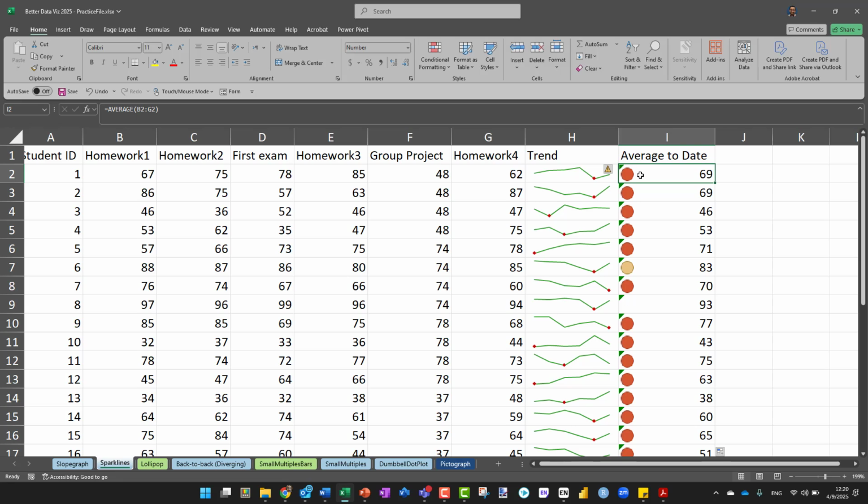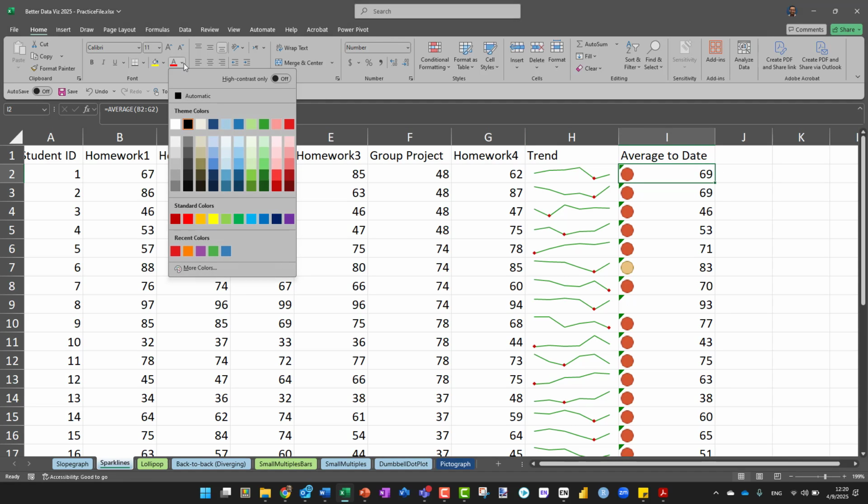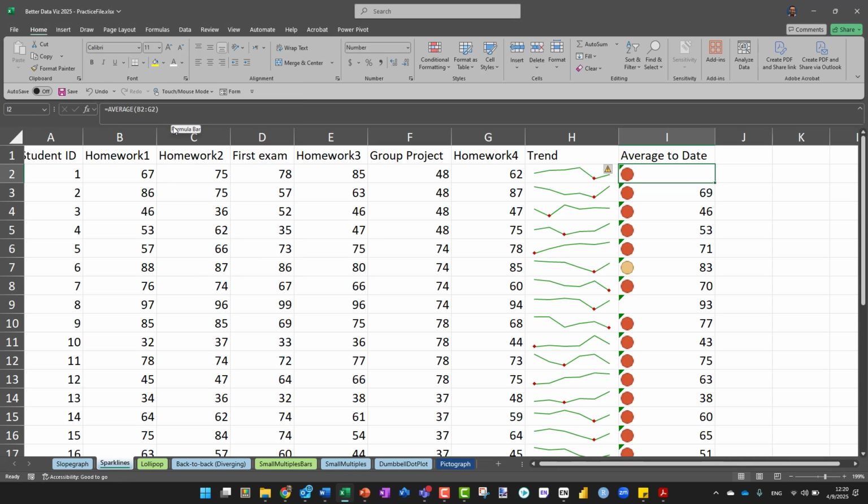if you only wanted the indicator dots and not the value, all you have to do is change the color to white if you want to hide, because there has to be a value in that cell for the indicator dot to show up. But if you only wanted the dot and not the text, the trick is to just change the color. So the text is still there, but